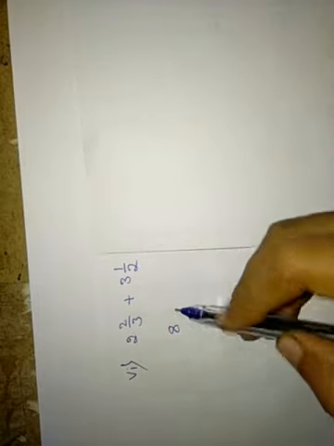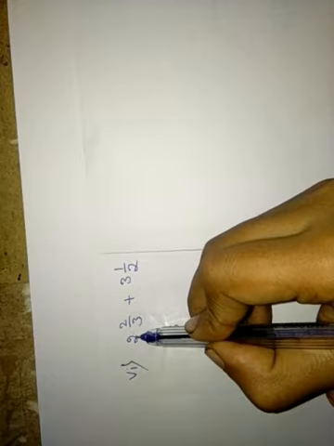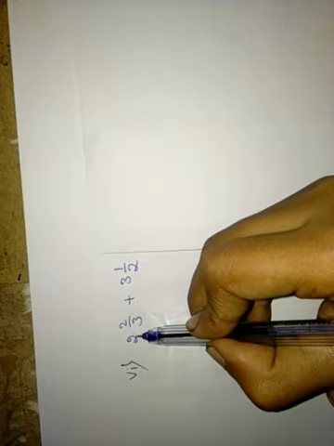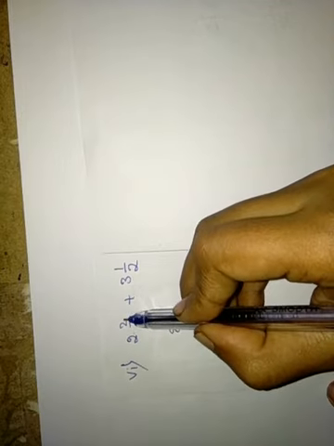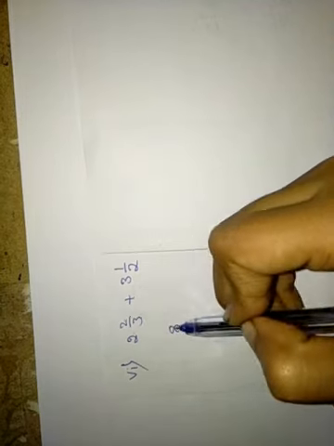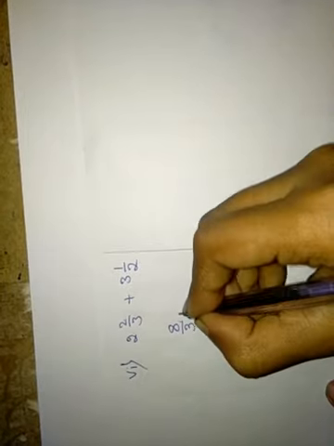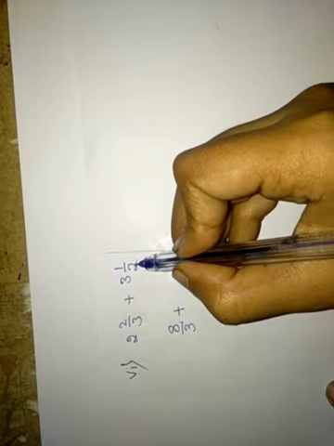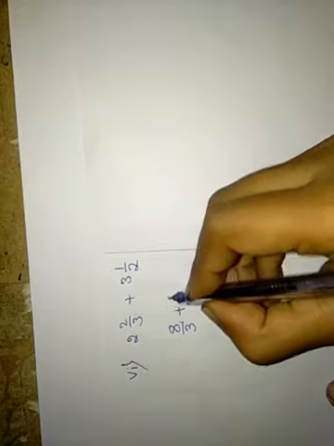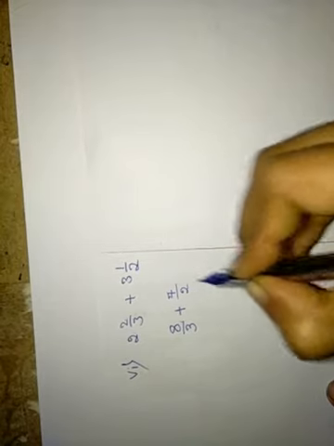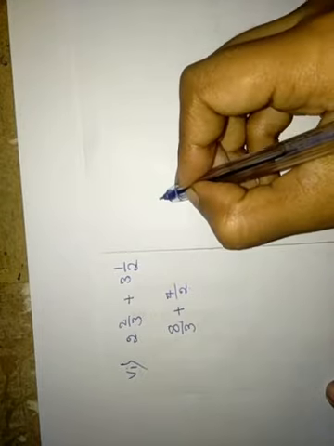Once again, I will repeat. I will multiply denominator and whole part. That is 3 into 2, 6. For 6, I will add the numerator part, that is 2. 6 plus 2, 8. Then I will keep this denominator as it is. Plus, here also same. 2 3s are 6. 6 plus 1 will get 7 divided by 2. Right? Now we have to take LCM of 3 and 2 here.